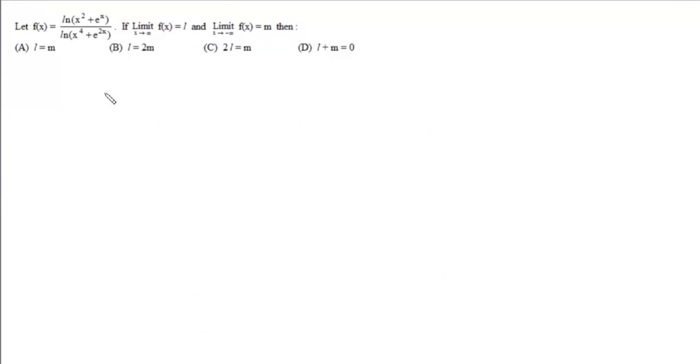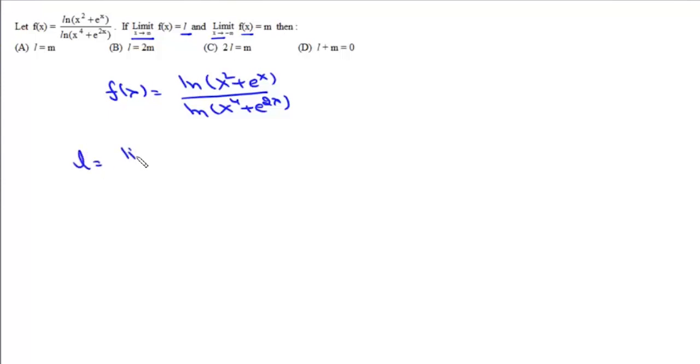Now here the question is, we are given this function f(x) as log x square plus e to the power x upon log x to the power 4 plus e to the power 2x. Now if this limit x tends to infinity, f(x) is L, and x tends to minus infinity, f(x) is M, then find the relationship between L and M. Now for L, it will be this limit